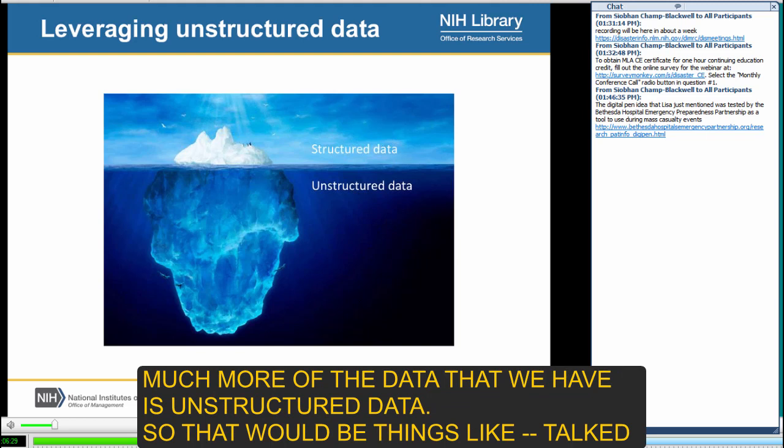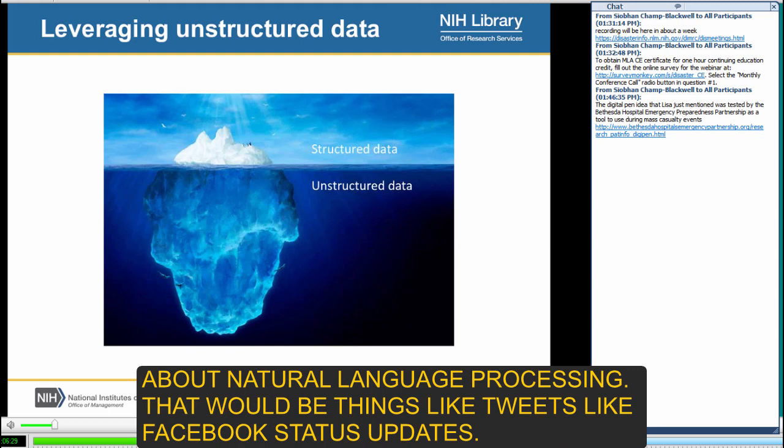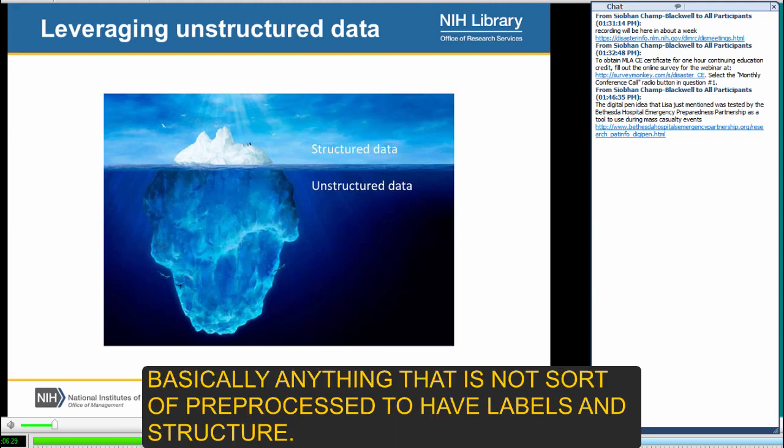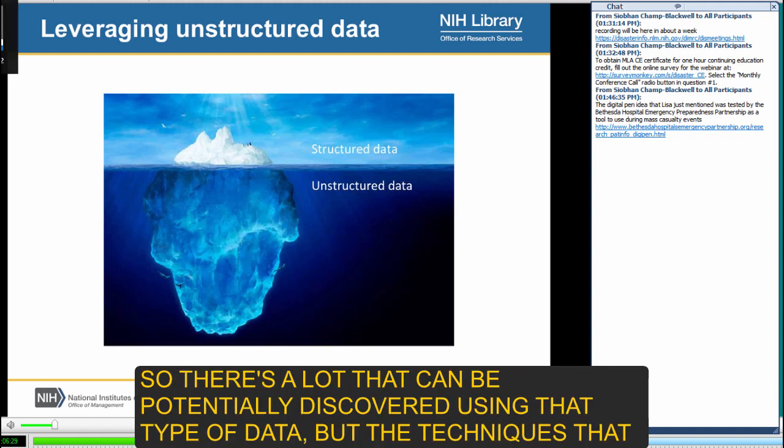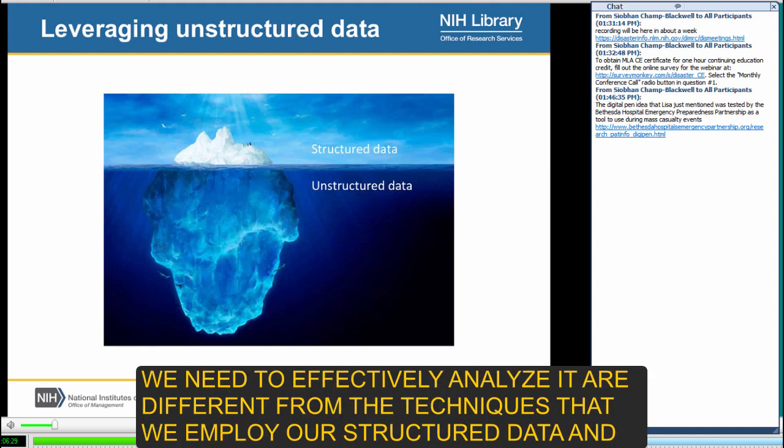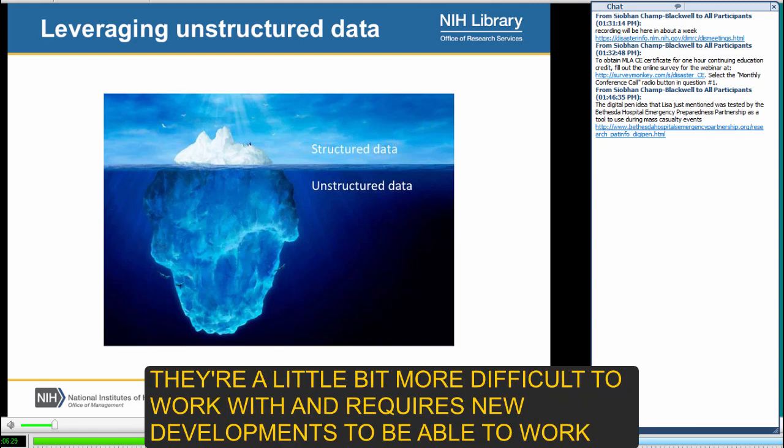Much more of the data that we have is unstructured data. So that would be things like free text. We talked about natural language processing. That would be things like tweets, like Facebook status updates. Basically anything that is not sort of pre-processed to have labels and structure. So there's a lot that can be potentially discovered using that type of data, but the techniques that we need to effectively analyze it are different from the techniques that we employ on structured data, and they're a little bit more difficult to work with, and it requires new developments to be able to work with this more